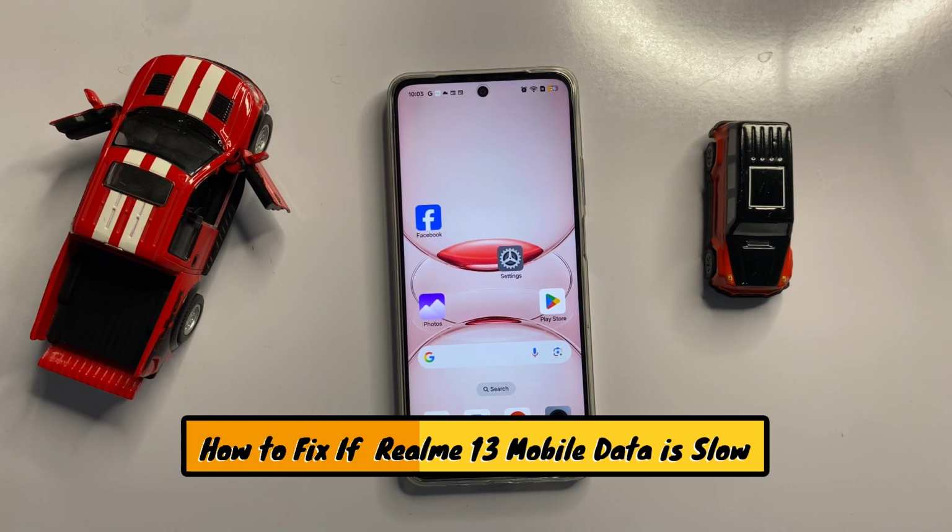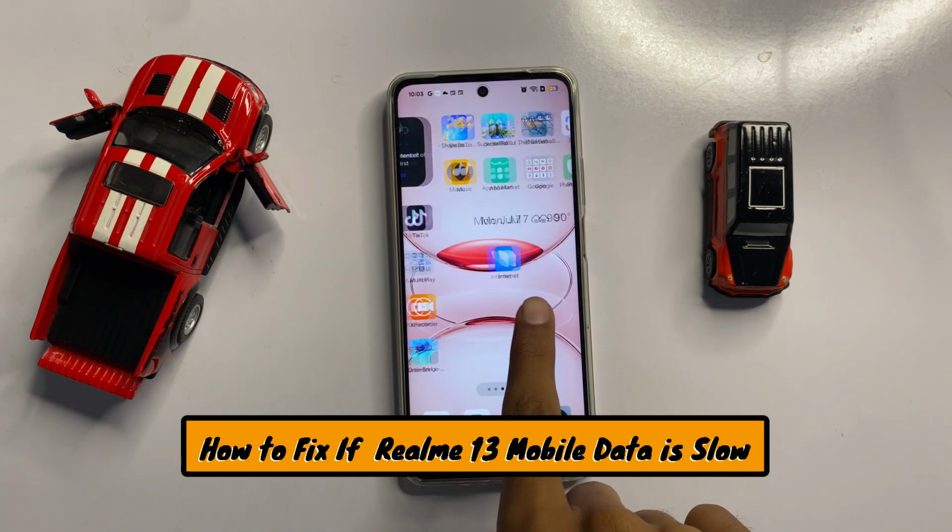How to fix mobile data is slow in Realme 13. So let's start the video. First of all,